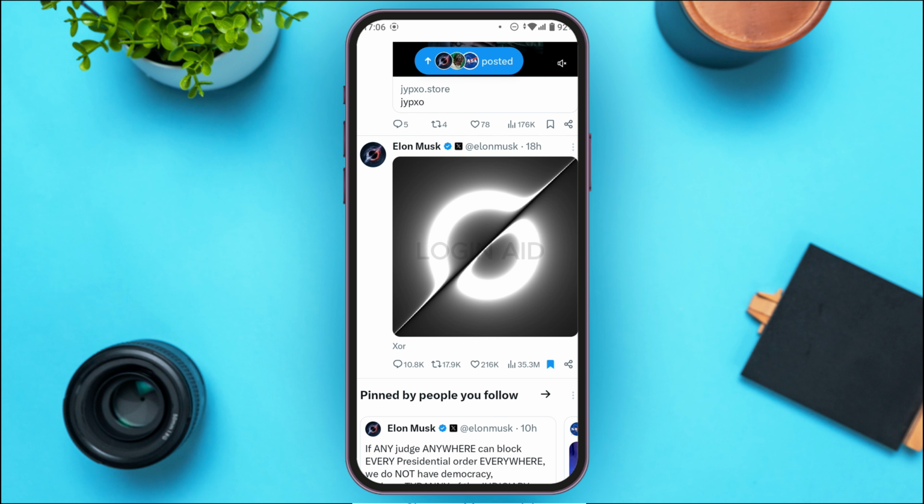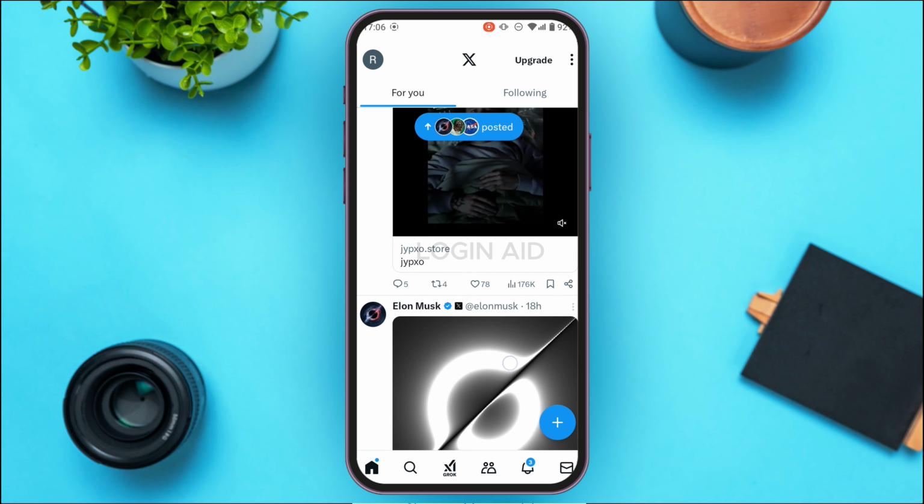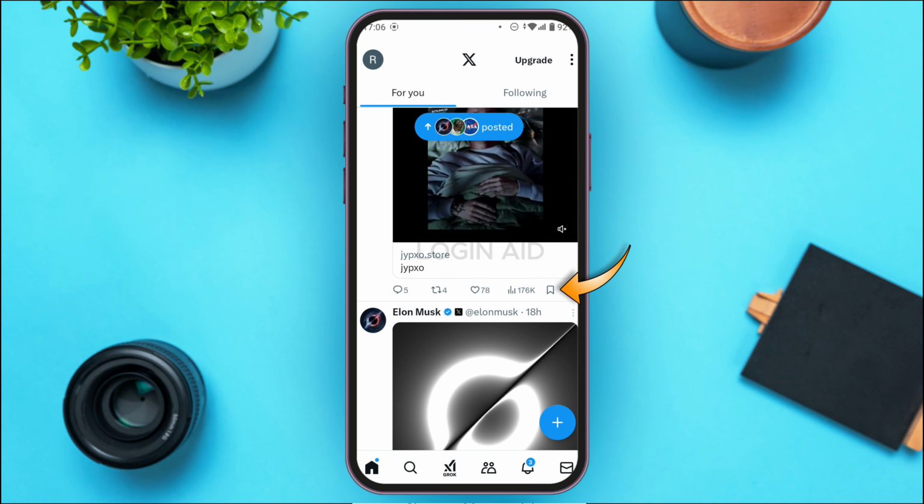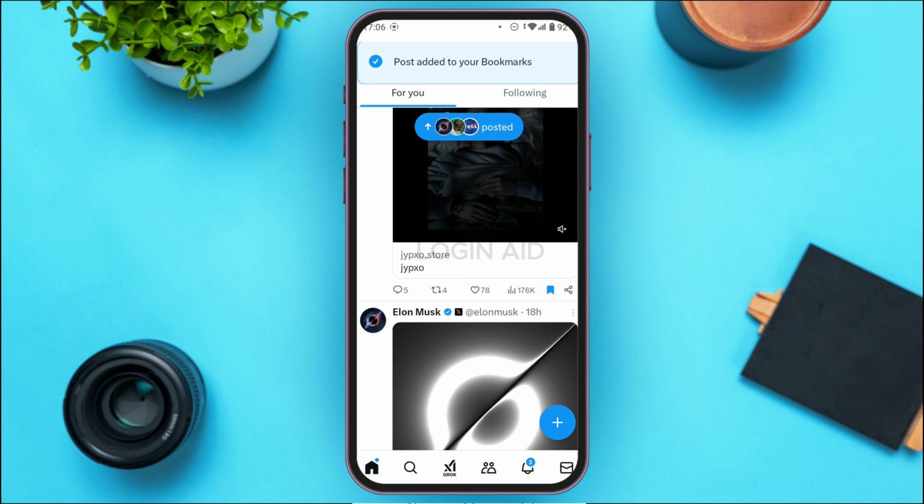Or there's also another way of bookmarking the post. For that, what you have to do is tap on this bookmark icon that you can see right over here on your screen. After that, you can see the post will be bookmarked. So that is how you bookmark a post on the X